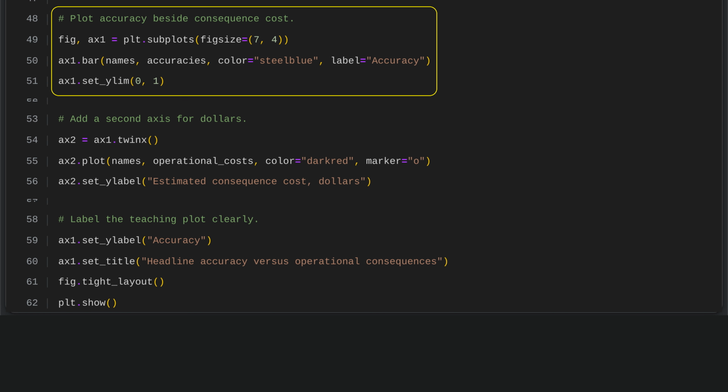Create a Matplotlib figure and axis with a 7 by 4 inch canvas. Then use the axis bar chart method to compare model accuracies by name. The bars are colored steel blue, and the y-axis is limited from 0 to 1, so the accuracy scale represents